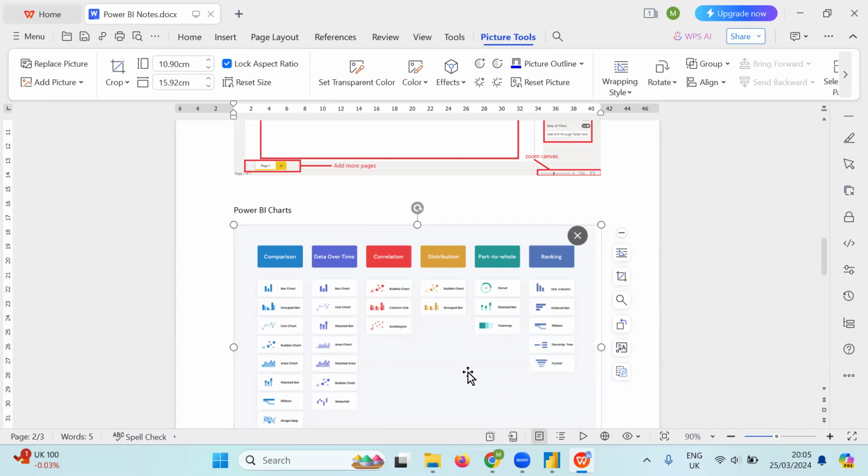Yeah, so I've sent an image and a link. So from this image now,